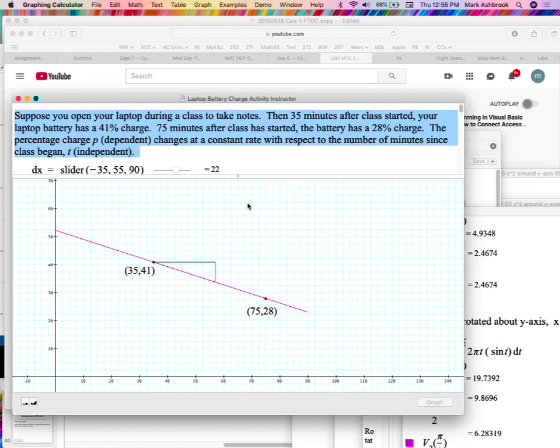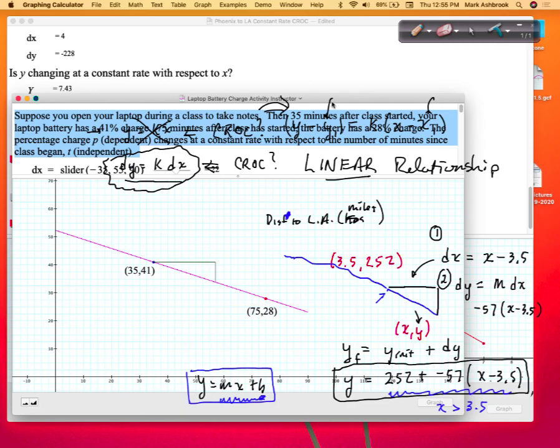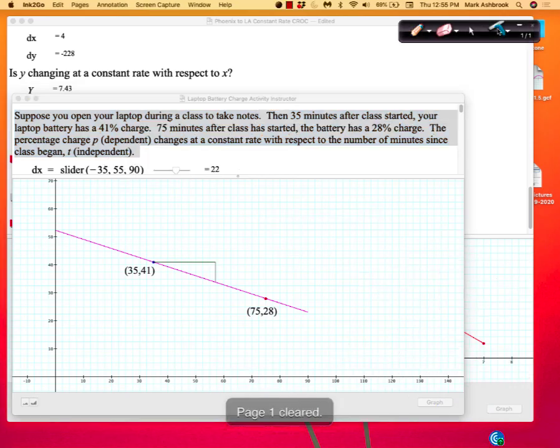Okay, so your goal is, based on the point that's 35 minutes into class. So this is at 35 minutes into class. There's 41% of your laptop battery remaining. So based on that initial point,